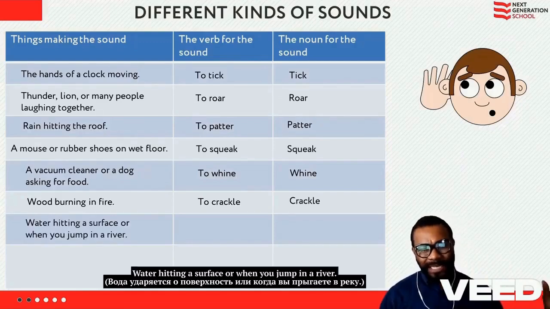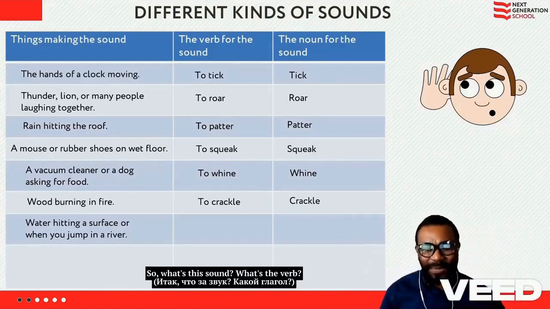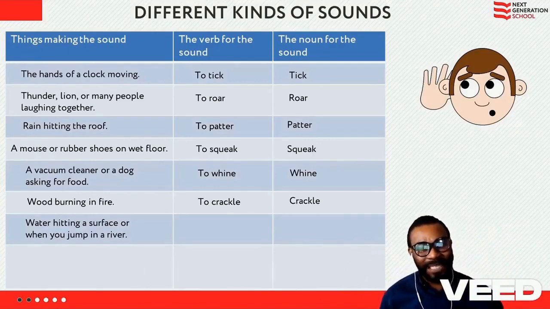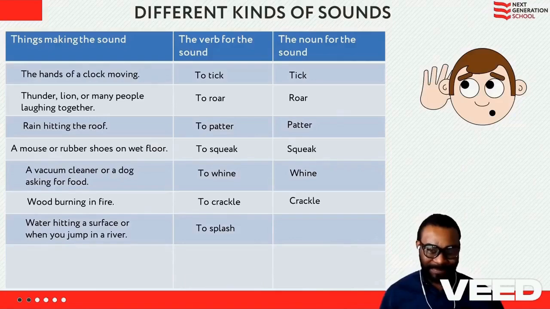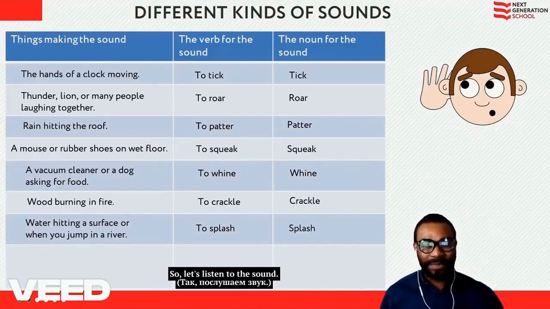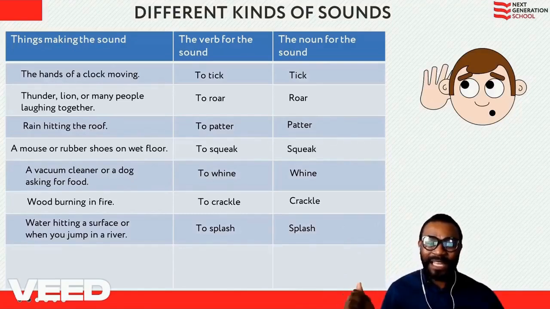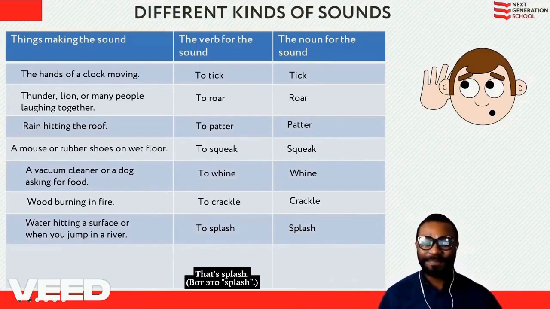water hitting a surface, or when you jump in the river. So what's this sound? What's the verb? It's to splash. And the noun is just splash. So let's listen to the sound. That's splash. Next one,